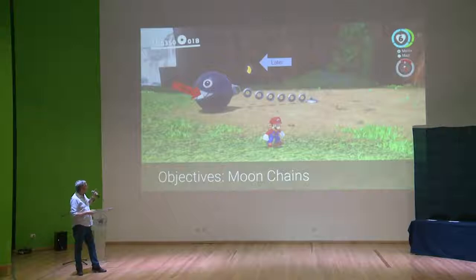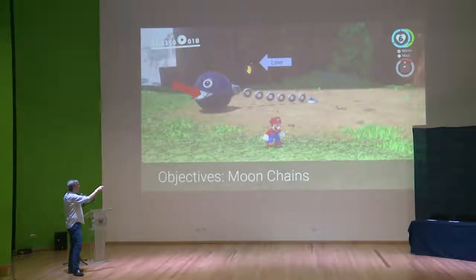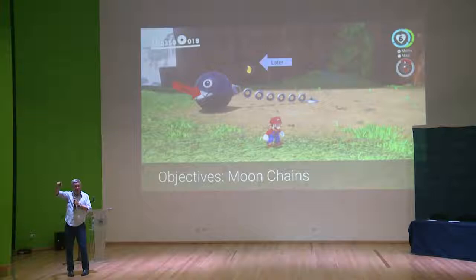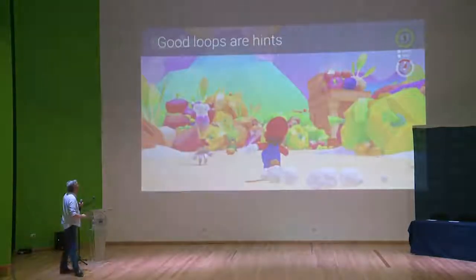In the same time, games have these things, like in Super Mario Odyssey, called moon chains. This is a moon that you want to get to. Now, first, you have to beat this boss. But then, okay, I'll go there next. And so moons kind of give you this, okay, where do I want to keep going? And they have a rule in this game that every time you get one of these moons, if you look around, you can always see another one. And it always gives you this direction of where you should be going. It's a very powerful technique.